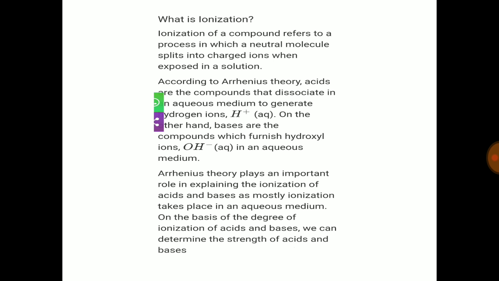First, what is ionization? As we know, ions are the charged bodies, or we can say ions are the charged species which are formed when the atoms lose or gain electrons. So here we have ionization of a compound. Now ionization of a compound simply means